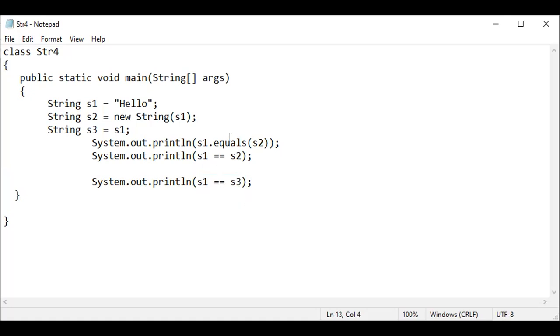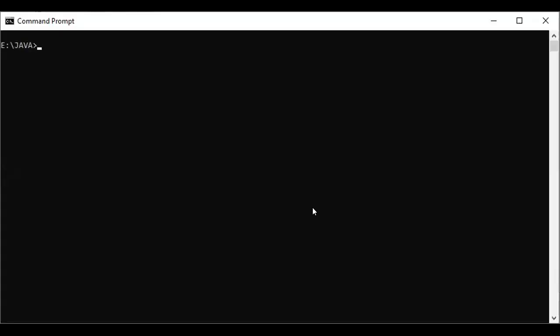So check: true, false, true. Go and check the execution part of this one. String 4: true, false, true. Got it?